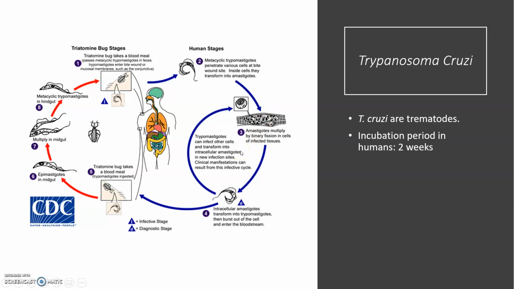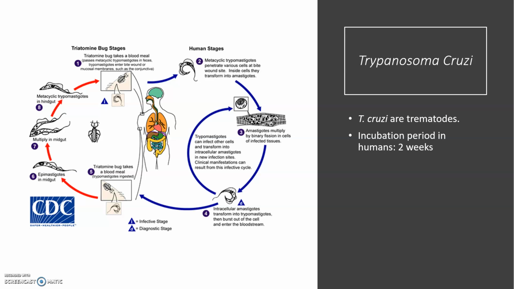At some point, the blood cell bursts, and they become bloodstream trypomastigotes. Then the cycle can continue as they swim in your bloodstream and search for other tissue to infect. And then you can infect the